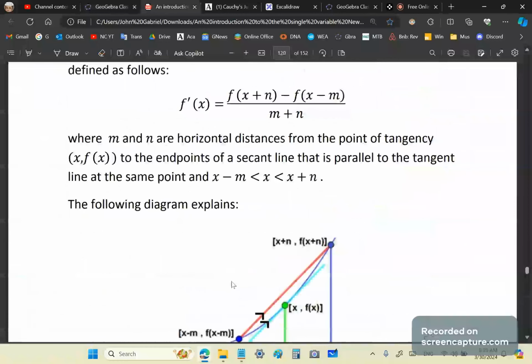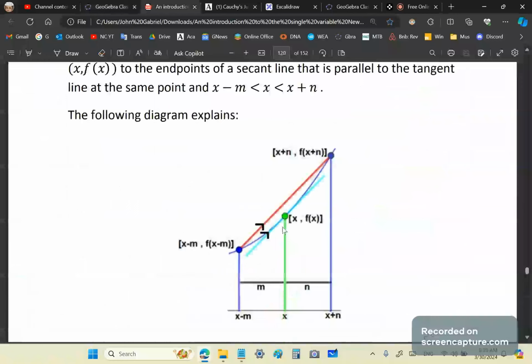In other words, rather than trying to find the derivative at a point x here, we just used x, which is between x minus m and x plus n. And if you look at this in